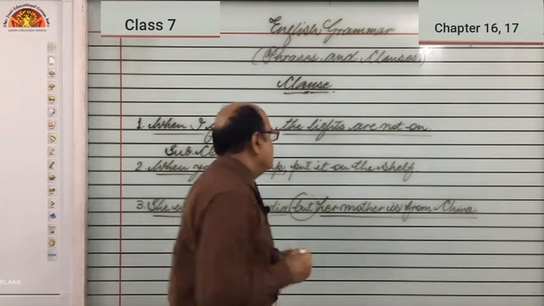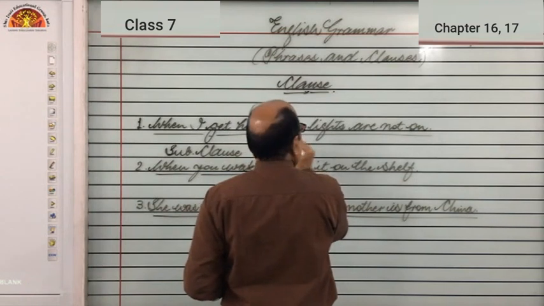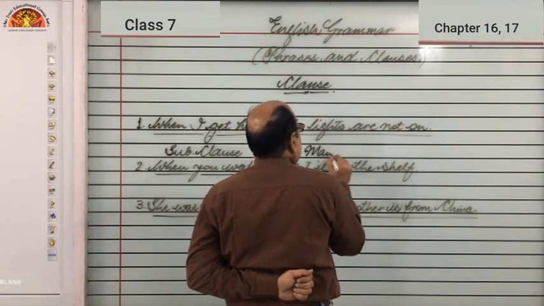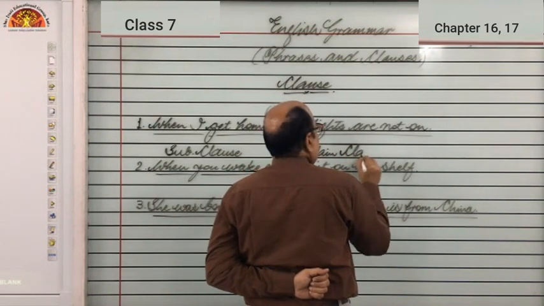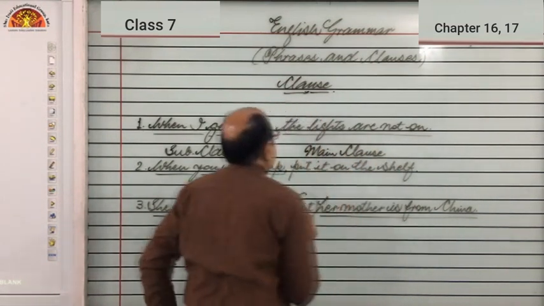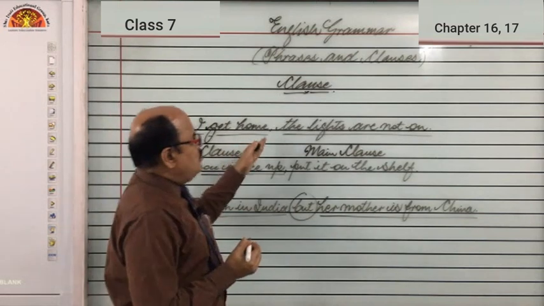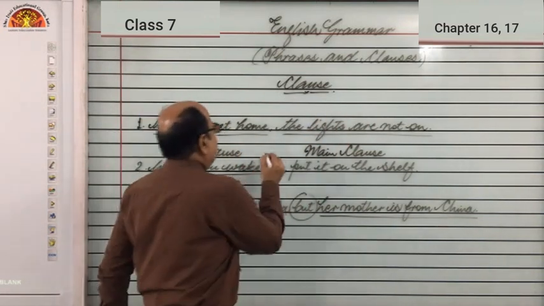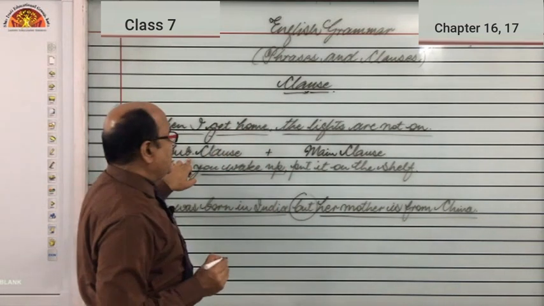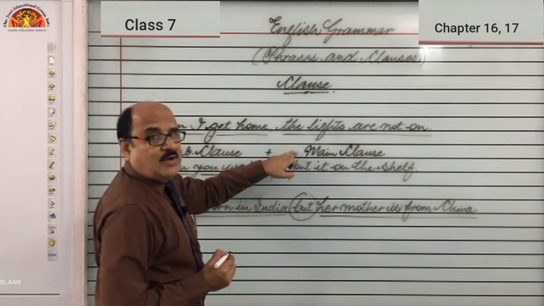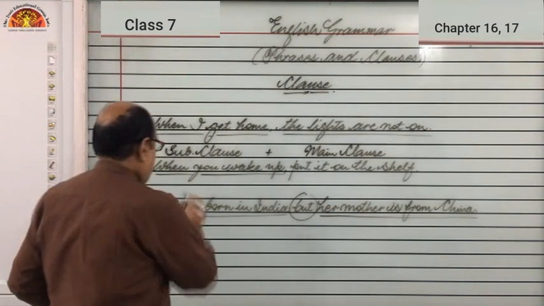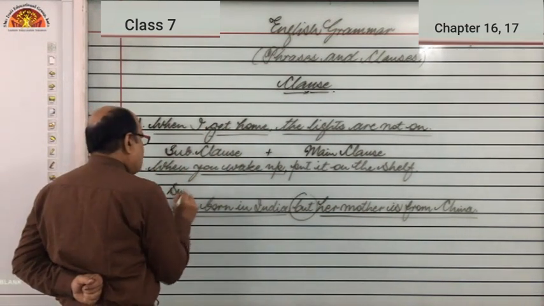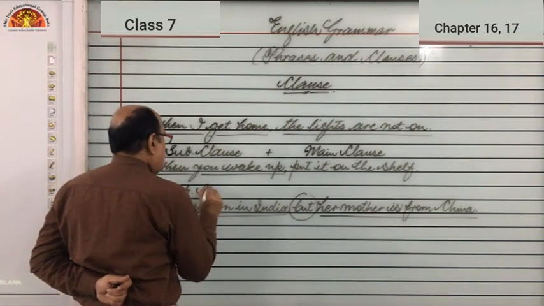So that is complete. So we may say the lights are not on. We may say this is a main clause, right? When I get home, the lights are not on. So this is the combination of one subordinate clause and one main clause, right? Next, when you wake up, this is not complete. So we may say this is a subordinate clause